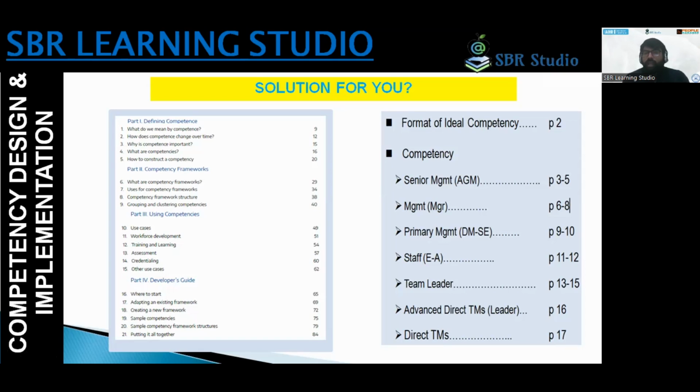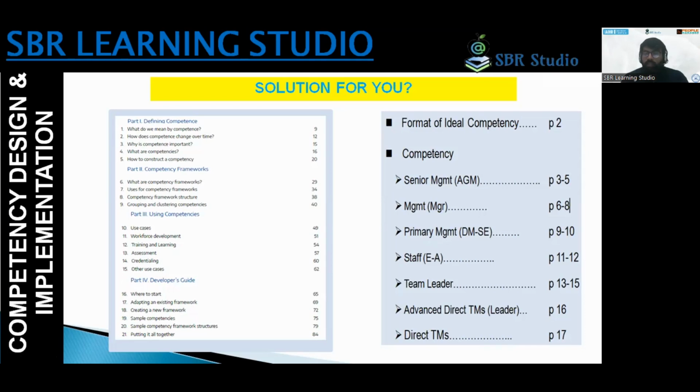Based on that, you can design the competency framework. Third one is about using it: you have designed the competency framework for your organization, and then how to use those competencies in your organization to identify the image. Where you have defined the framework and the use of the competency, you are now developing it further for implementing into the organization. This is part one.